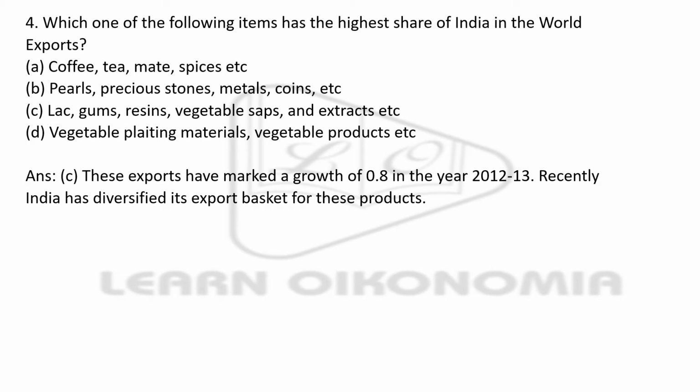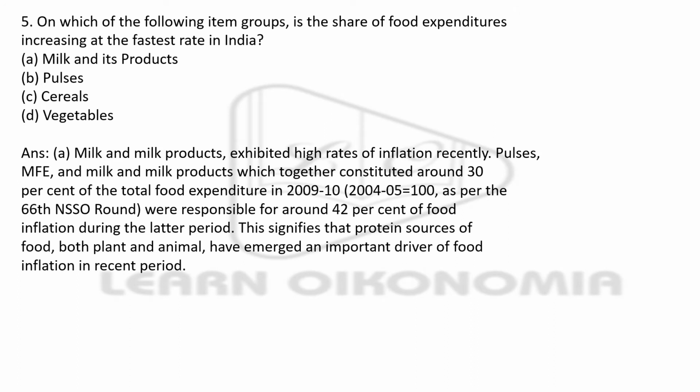of products. Next, you have something with respect to food expenditure. You have to see out of which of the following items the share of food expenditure is increasing at the fastest rate in India. You have milk and its products, pulses, cereals, and vegetables. The right answer is milk and its products, because we could understand that India is the largest producer with respect